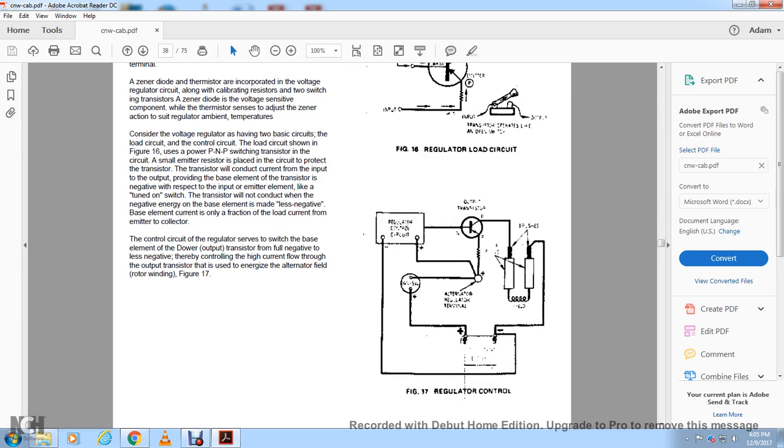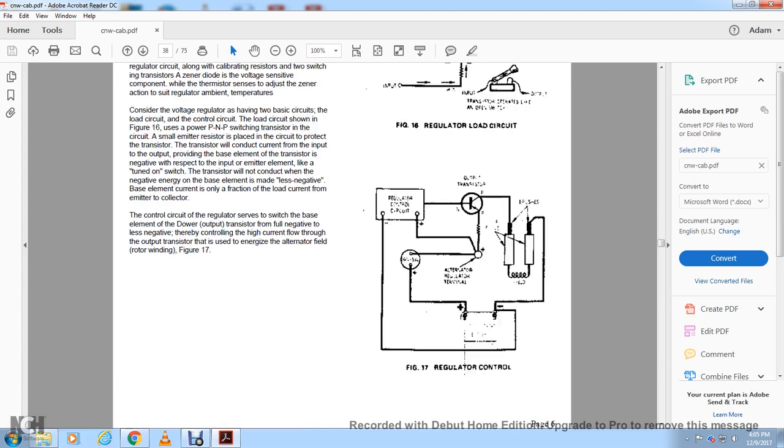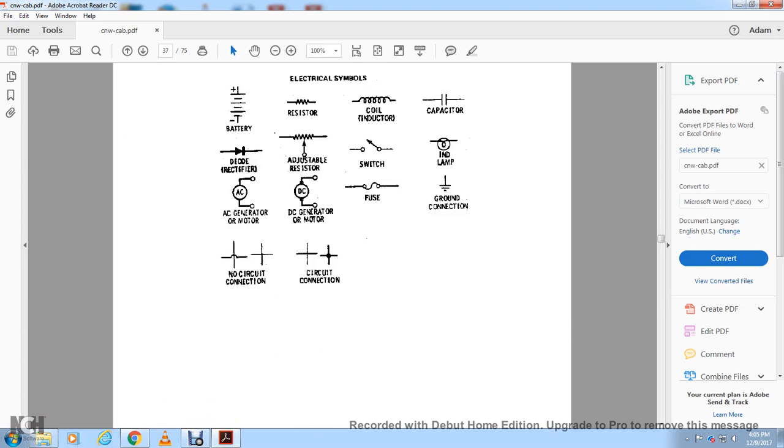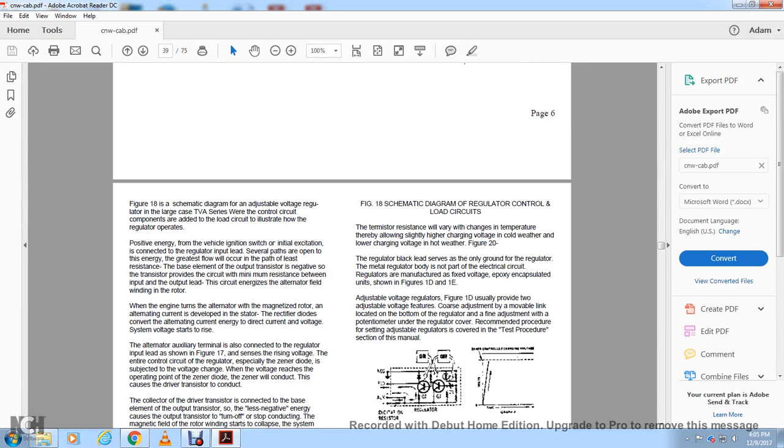If the transistor runs through these two fuses with a coil inductor, running from positive negative battery to a motor alternator having its field. Figure 18 is a schematic drawing of the adjustable voltage regulator,